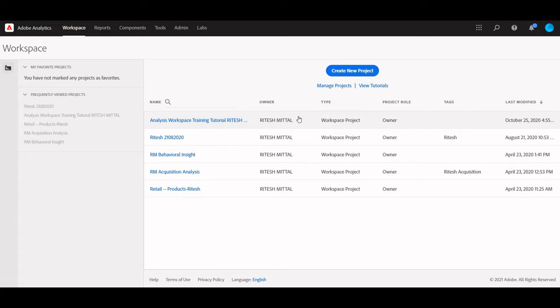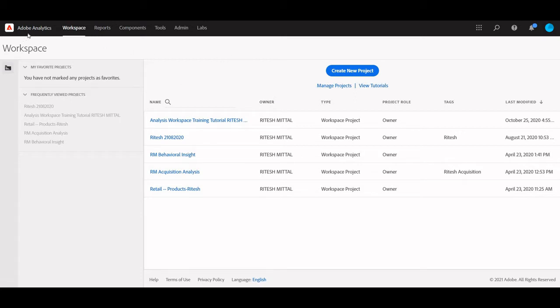Maybe we can think of creating one report suite for our site. Later on, we can also think of creating multiple report suites. For example, one report suite for a dev environment, another for a QA environment, or another for a stage environment, and finally one for the production environment. But in this video, I will explain how we can create a new report suite, because that is the start of where you are going to store all the reports. It is a very basic thing we have to do when we talk about Adobe Analytics.